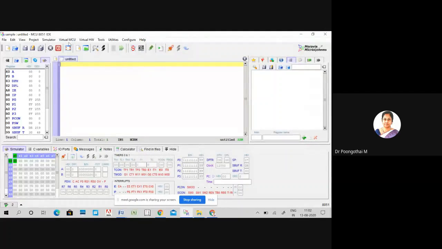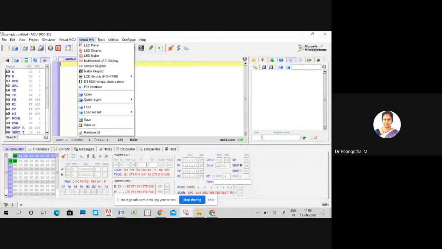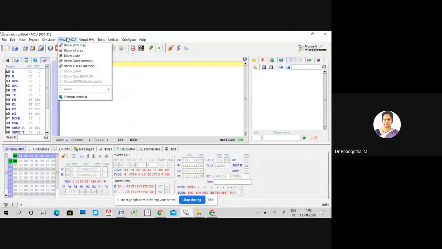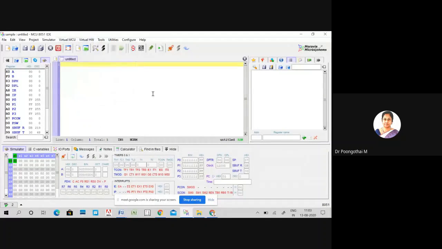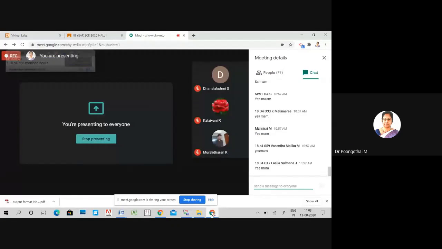So we have two options, virtual MCU and virtual hardware. Using virtual hardware, we can do interfacing experiments, and using virtual MCU, we can access our core memory and external memory. Okay, is it clear? Students, is it clear? Any clarifications?